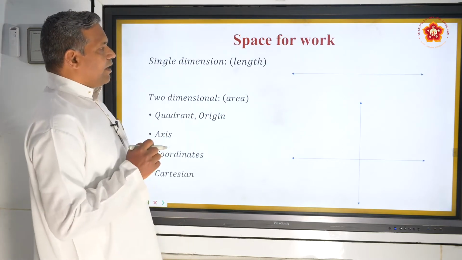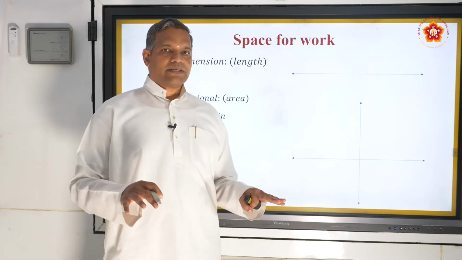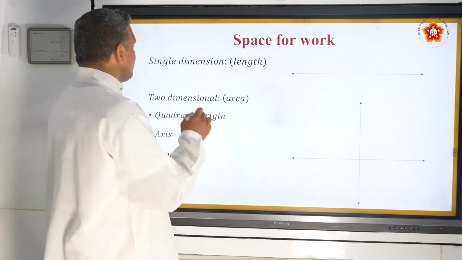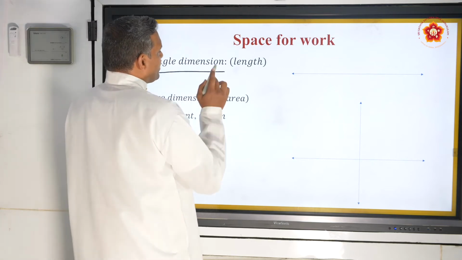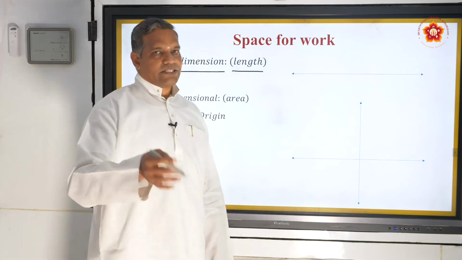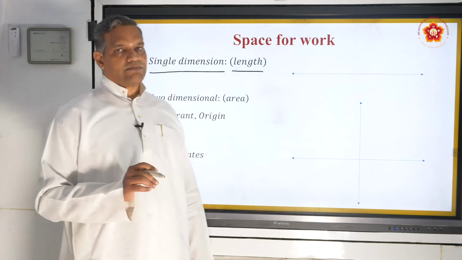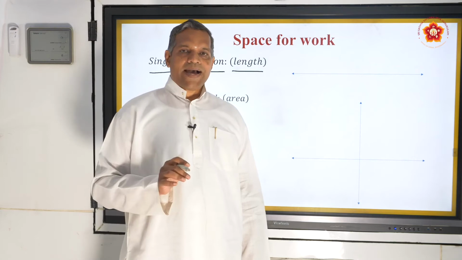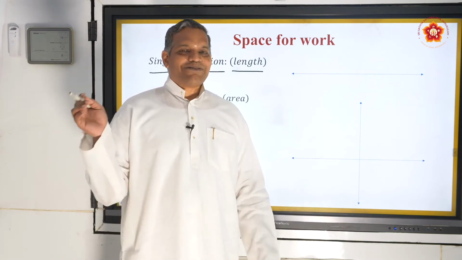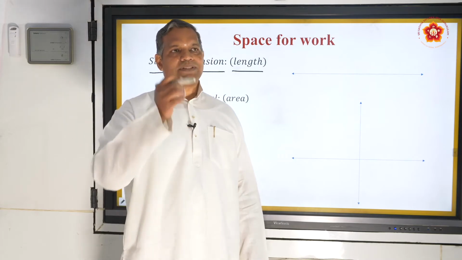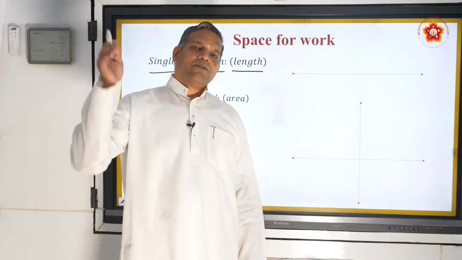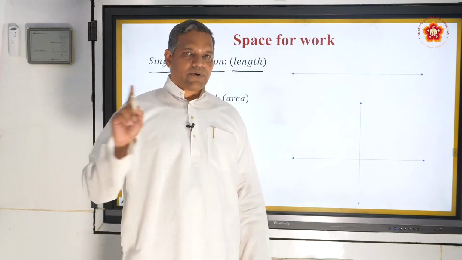So I'm just taking the concept as a concept and then superimposing this concept on a graph sheet. First I'm handling a single dimension, that is one-dimensional thing, that is length. Example, suppose I am here in Chikballapur and I am supposed to go to Bangalore. So for distance I ask, I will not ask the area between Chikballapur and Bangalore. For example, I am in Gulbarga, as that is our campus, that is Navanihala. Gulbarga I need to reach, I will ask only distance, one dimension.